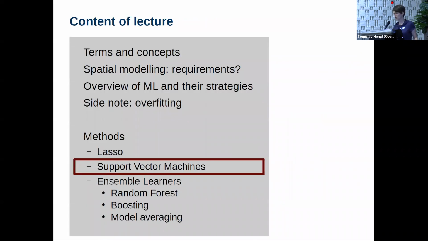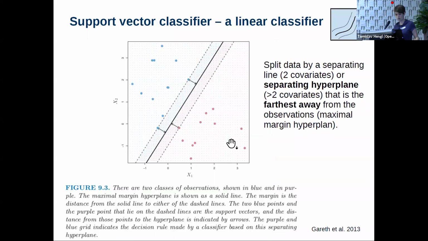If there are no more questions, we continue to the support vector machines. This is a method that came from the classification side. In a classification setting, the support vector machines are basically trying to split your data into two parts, if you have a classification of yes or no. And this is done by